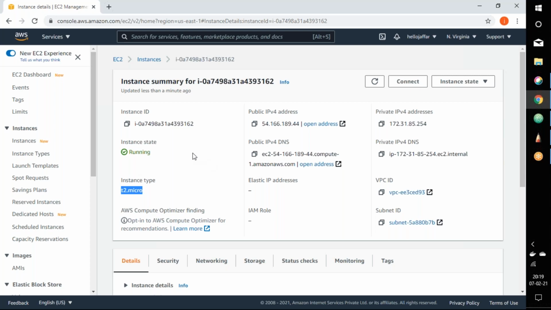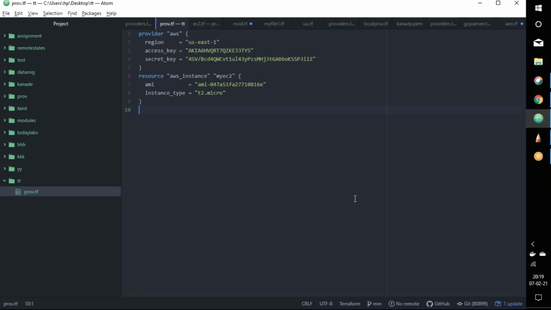Any resource is going to have an ID. If you look here, this is the resource which we are trying to import, and this resource is going to have the resource ID. So this ID is needed when we try to import the resource. Let's use this ID, and let's move to the folder where we need to initiate. That's the TT folder.